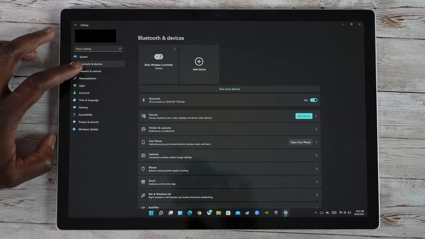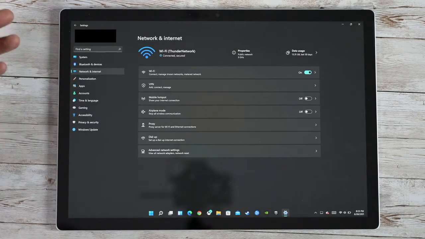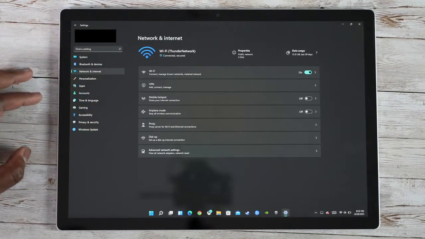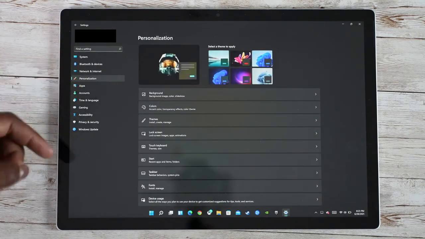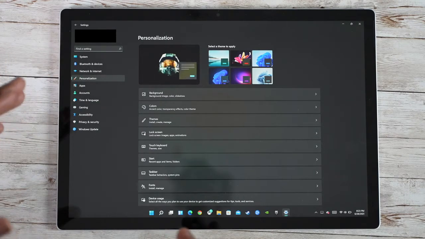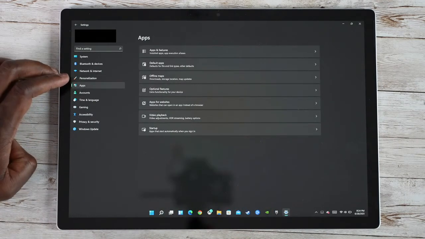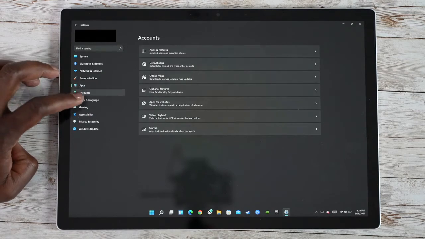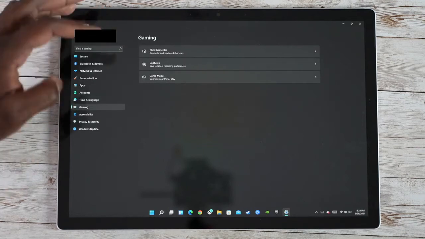Then you've got your network settings, and it shows I'm connected to Thunder Network. Some other options, a mobile hotspot if I need to, if this device supports it. Personalization, of course, which you can go into theming and also the colors, dark mode, those kind of things. Now, dark mode isn't represented here how I got it, but it was simply by searching, and it takes you right to dark mode. Your apps, your default apps, the accounts, time and language, gaming, Xbox Game Bar captures, and